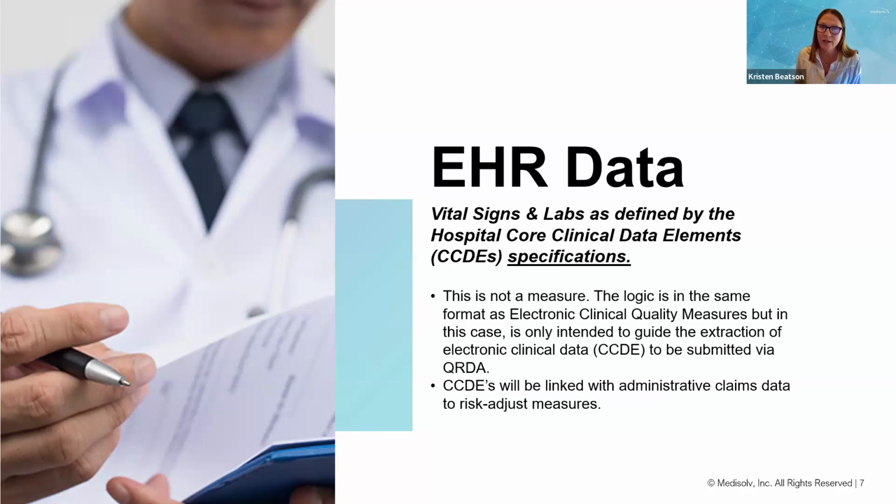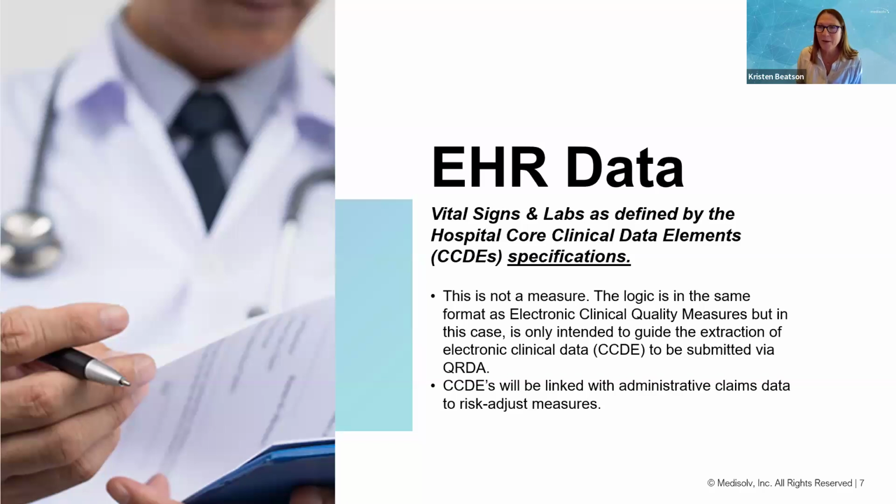So the vital signs and labs that are documented in your EHR currently, so captured electronically currently, are specified for these measures. And those data elements are called core clinical data elements. So you have specifications for your hybrid measures, just like you do with eCQM. If you've been involved with eCQMs, maybe you've seen an eCQM specification. It has metadata and CQL logic. It has value set references and data elements. There are specifications for these two hybrid measures as well. And those specifications include all of the same things.